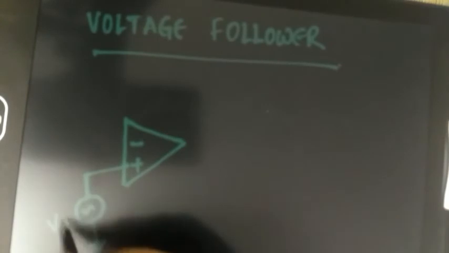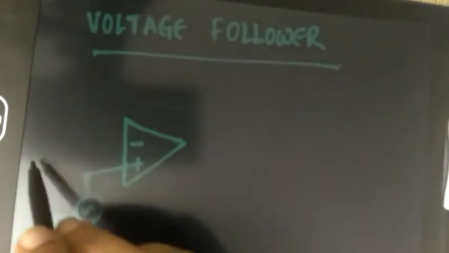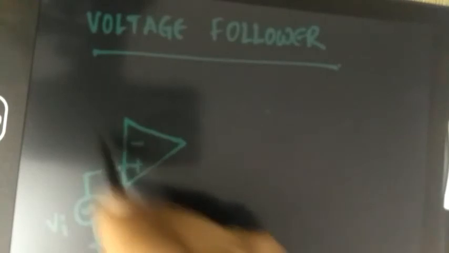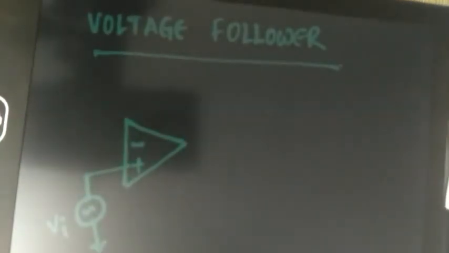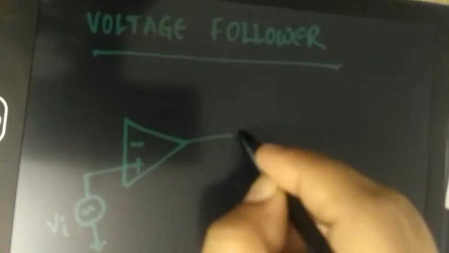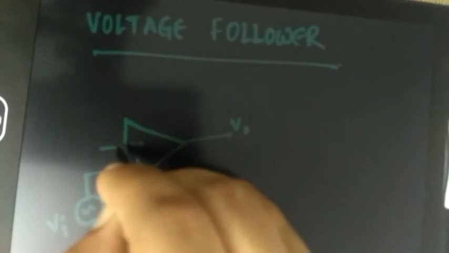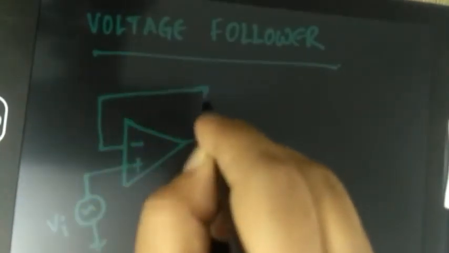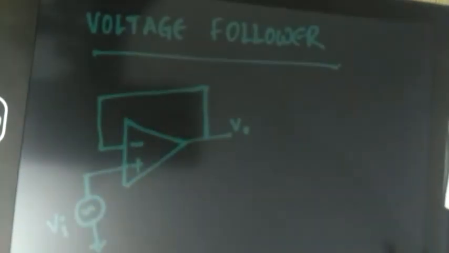So I'm applying a voltage over here, and this part is grounded via a resistance, and we have the feedback part with a resistance RF, and the gain comes out to be V0 by Vi equal to 1 plus RF by R1. But over here, what we'll do is just connect the input and output